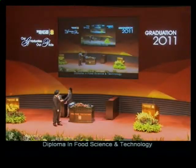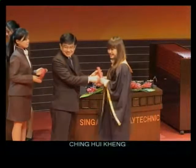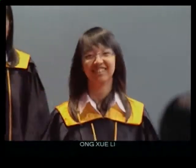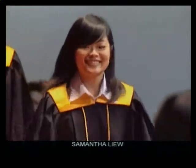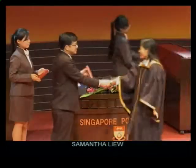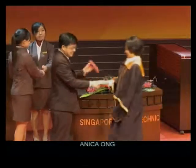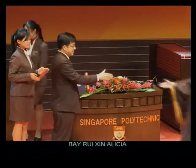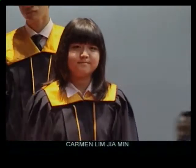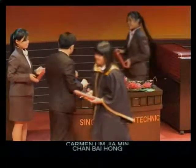Ladies and gentlemen, the graduates for the Diploma in Food Science and Technology. Qing Hui King, Ong Xue Li, Samantha Liu, Anika Ong, Bei Risin Alicia, Carmen Lim Jia Min, Chan Bai Hong,